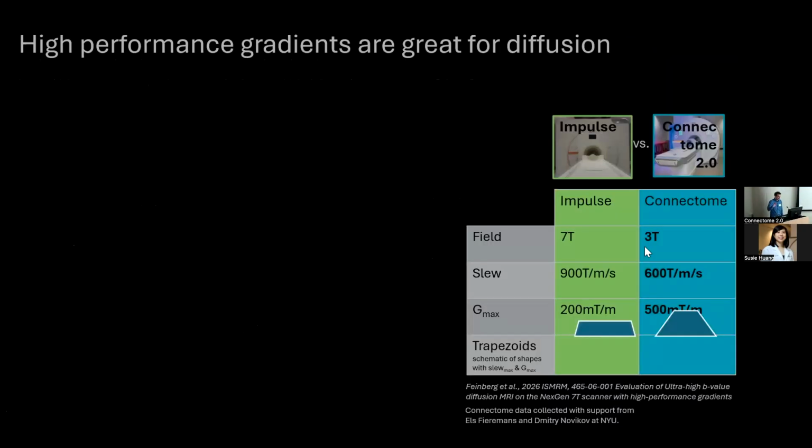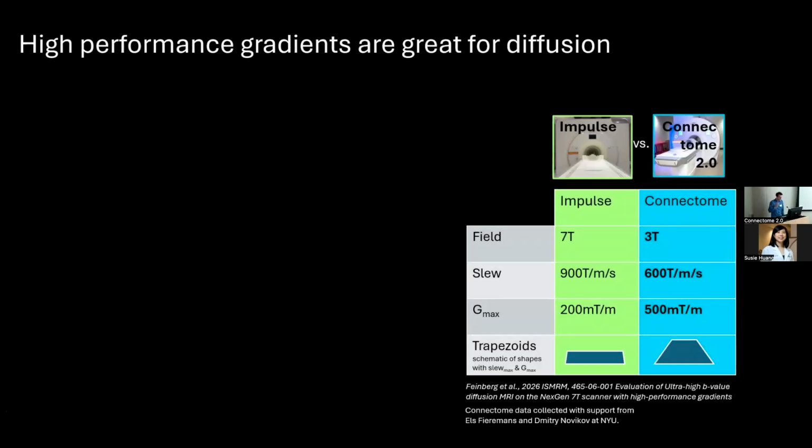And when you're not interested in fMRI, but diffusion, you're less sensitive to these specific shapes of the gradient pulses, if it's more rectangular or triangular, because then you can get the same area under the curve. For example, when you compare the high-performance scanners for diffusion. And this is something that David Feinberg was interested in, to compare the impulse with the Connectome scanner, the two